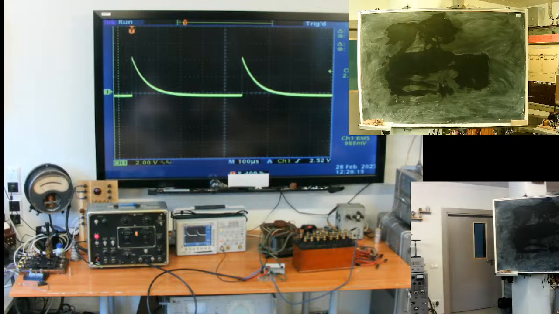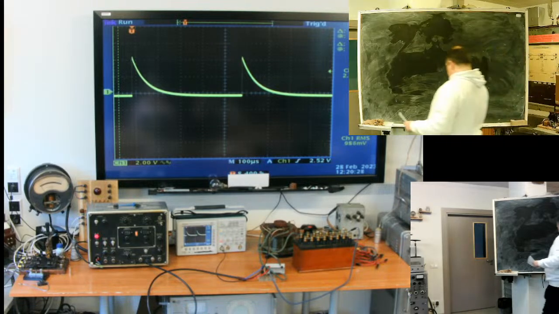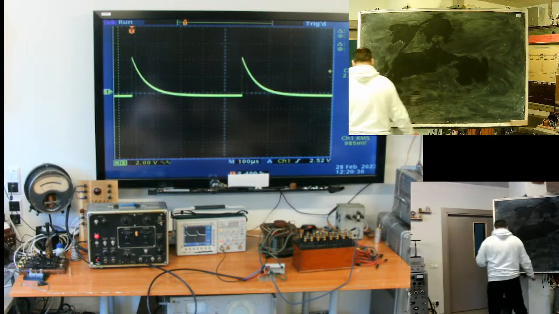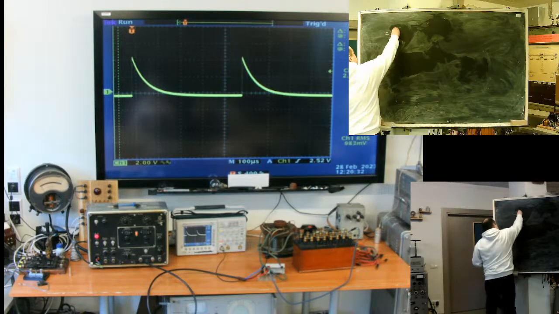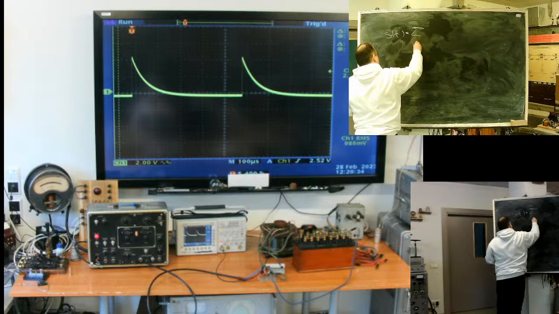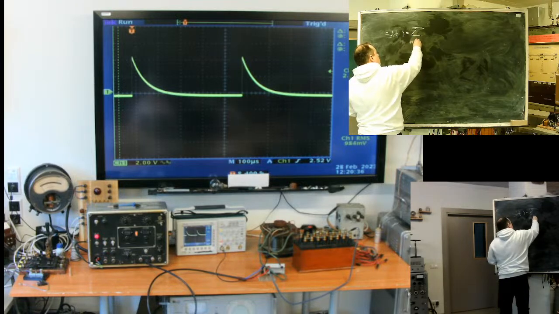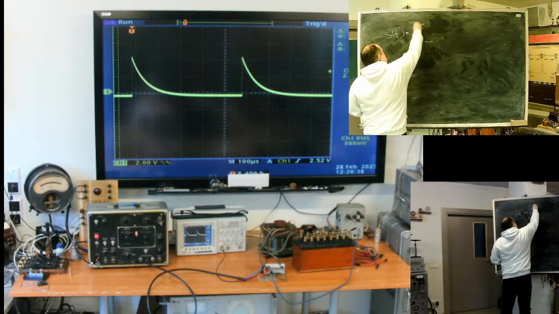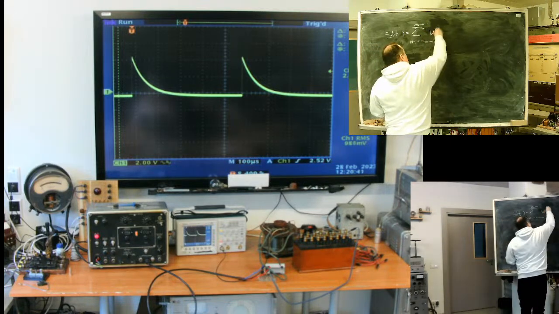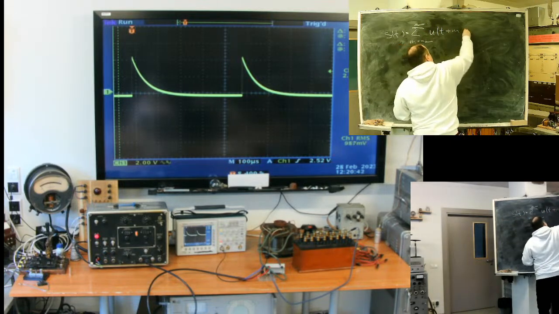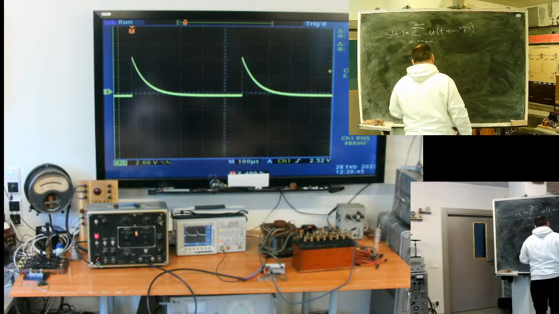I'm always afraid of the minus sign. So we have a signal, the sum over m from minus infinity to infinity of the pulse at t plus m T capital, and let's perform a